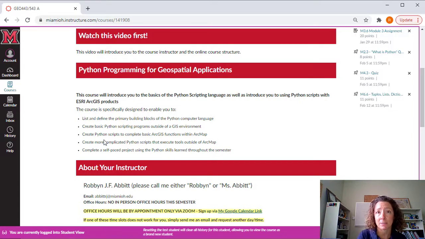We are essentially going to spend the first half of the semester just learning the Python programming language. So we're just going to learn the basics of Python for the first half. It's not until the second half of the semester that we're going to start working with GIS applications and GIS scripts. So we don't need to really integrate with ArcPro and with the package we call ArcPy until the second half of the semester. However, you do need to have ArcPro installed on your machine here within the first week of the semester